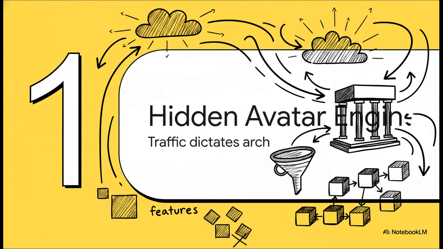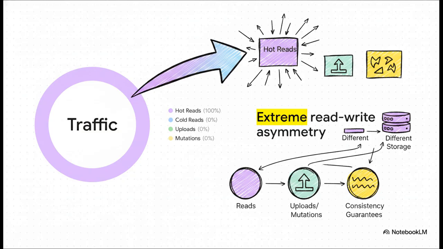Okay, part 1, the hidden avatar engine. Here is the absolute biggest lesson you can take away from this entire explainer. The architecture you choose is dictated by the shape of your traffic, not your feature list. Just think about the sheer asymmetry of the traffic here. Hot reads make up 99.9% of the volume, almost all of it, and these read paths share virtually nothing with